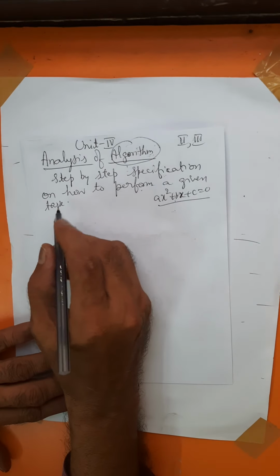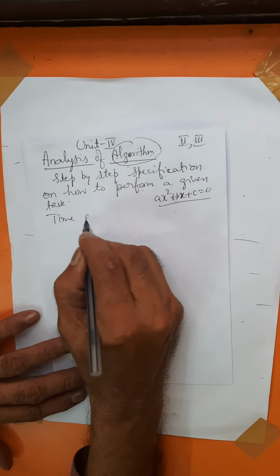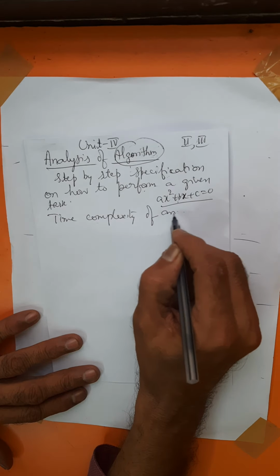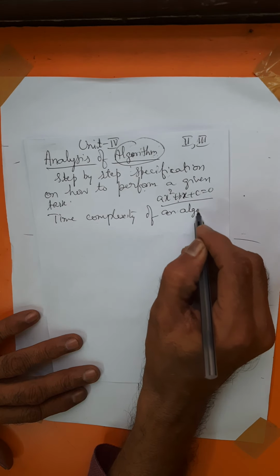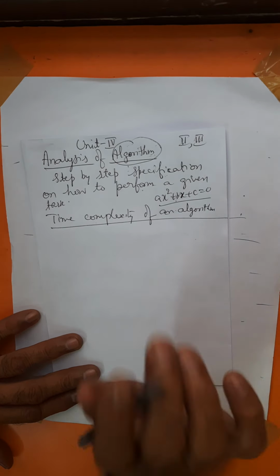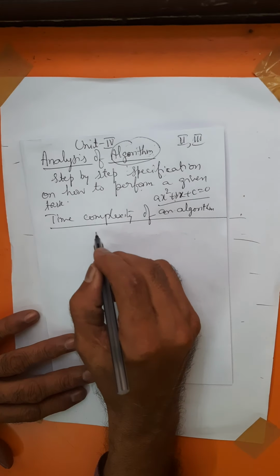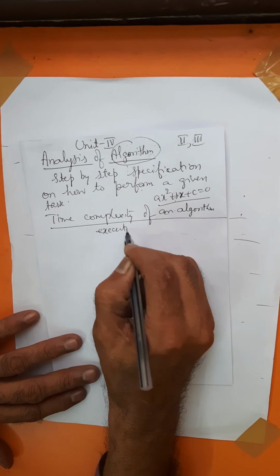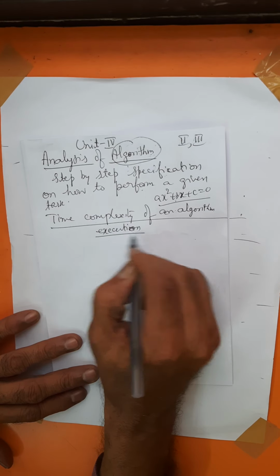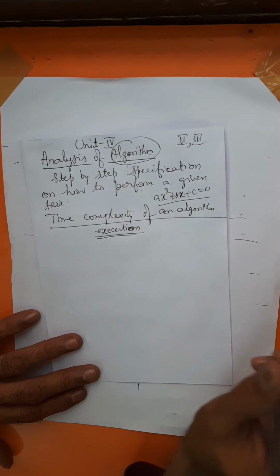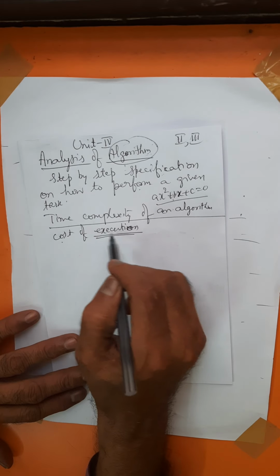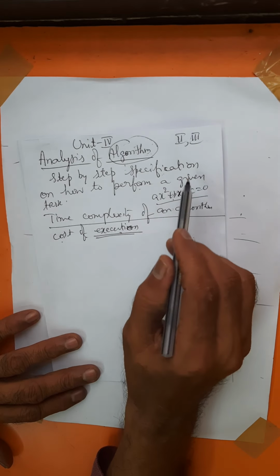I'll make one more definition here. Time complexity of an algorithm. What do you mean by time complexity of an algorithm? In order to determine the cost of execution, execution means processing the program, you have to take action, you have to perform. To determine the cost of execution of a given algorithm,